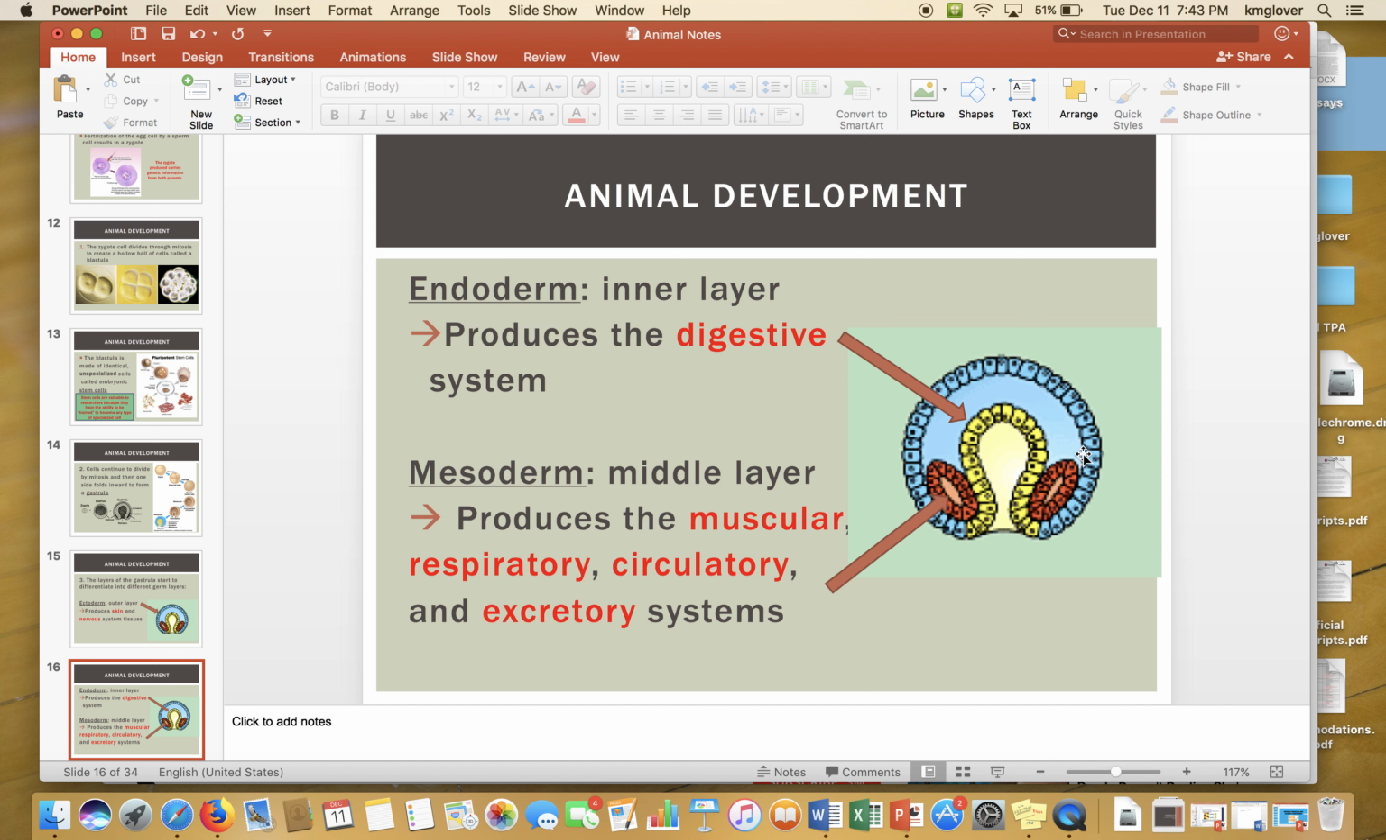So this outer part will become your skin and your nervous tissue. This inner part, your endoderm, will become your digestive system, and this middle part will become everything else: your muscular, respiratory, circulatory, and excretory systems. And so when these form, they all become you, the person you are today. All right? Now, after you develop all that, we're past all that, we are going to talk about